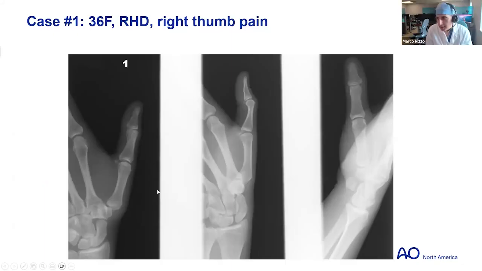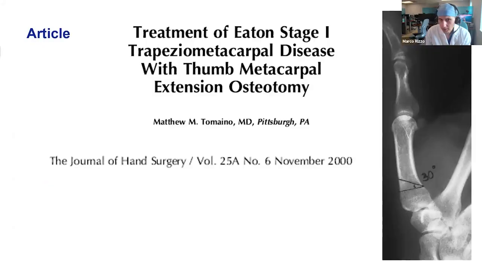I appreciate it. I guess we're sort of talking about thumb arthritis from the, let me share my screen real quick. Okay, so I start with a case. This is a 36-year-old female who has basal thumb arthritis and maybe an early arthritic process. She's quite disabled and frustrated, and has exhausted non-operative treatments. And I'm going to start with the first of my two articles that is on the concept of extension osteotomy